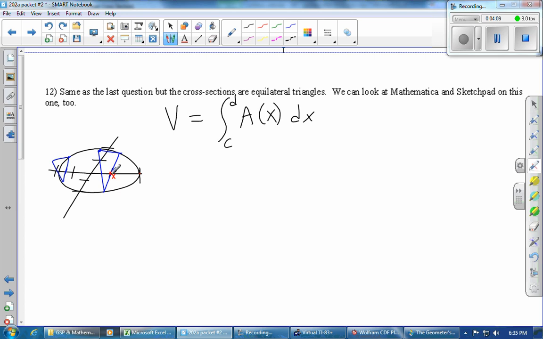So the hard part here is to find this A of x. Find the area of the triangle at x, at some generic x. Okay, so we've got our generic x sitting in our picture, and if we're looking at the area of a